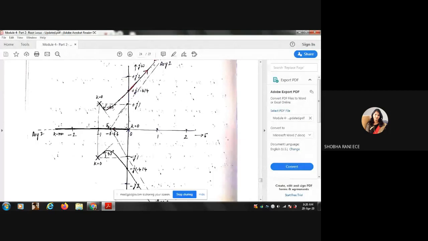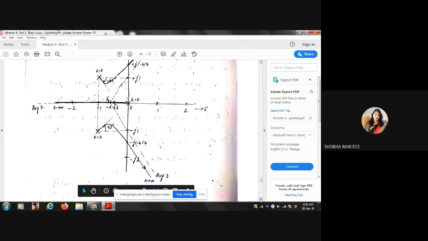So you have to draw the root locus parallel to that, but the root locus should depart that pole at an angle minus 45 degree, pass through the imaginary axis at plus or minus j 1.414, and then go parallel to the asymptote so that it can terminate at a 0 at infinity. Similarly here, the root locus departed at an angle 45 degree. It is passing through minus j 1.414 and it will terminate at a 0 at infinity. So like this you get the root locus.